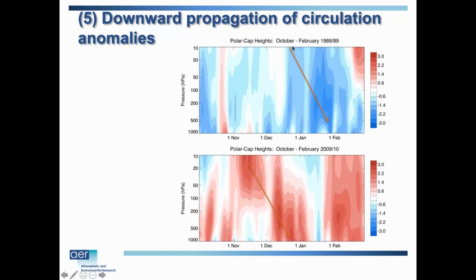It doesn't look as good in 1989, maybe not as easy to see the downward propagation, as it does in 2008. You clearly see here this pulsing red of the polar cap height, so large pressure heights, rising pressure, first in the stratosphere, and then that propagates down with time. So it happens here in November, and then reaches the surface in December. There's another event actually that happened later on. Again, there was this downward propagation, but this is the best, I think, most visible.